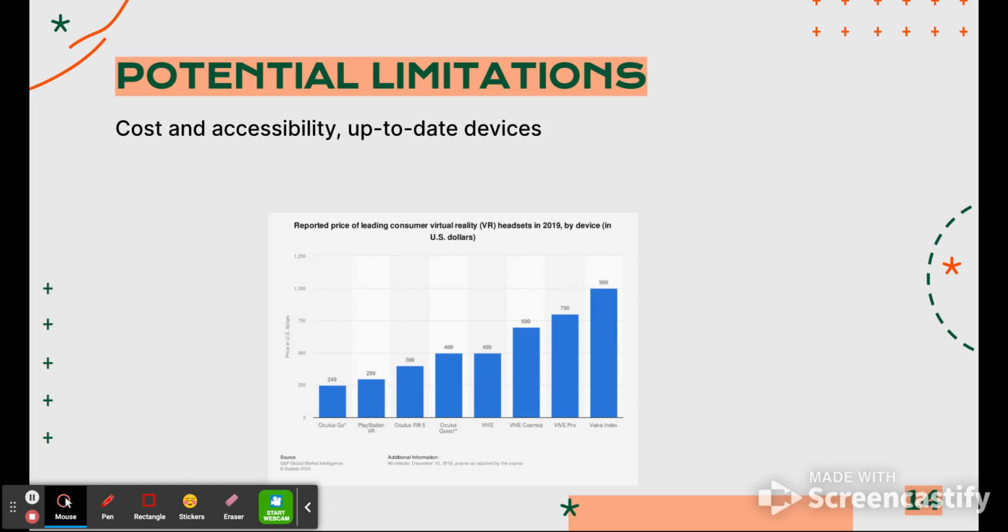Schools would need to limit the amount of headsets they own and would need to distribute them across the different cohorts when needed. As for how relevant the technology is, you'd need to make sure it is compatible with the resources